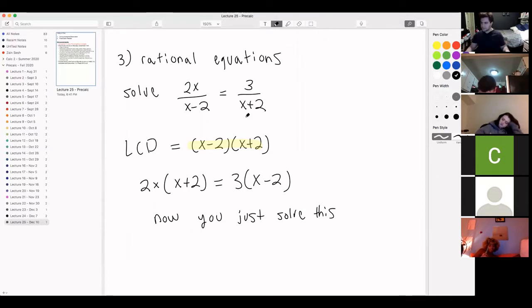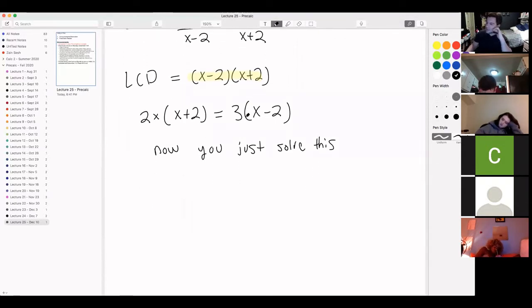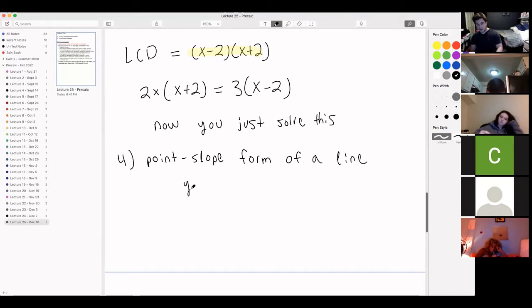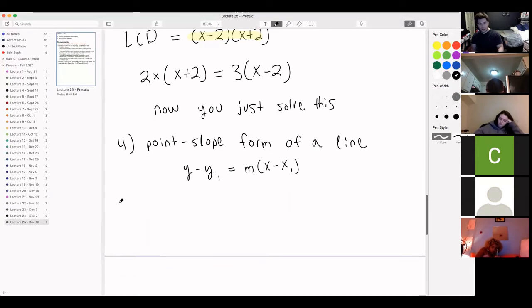Okay, now let me talk about lines, linear equations in the xy plane. So very quickly, we have this point slope form of a line. Okay, and it was given by this. It's y minus y1 is equal to m multiplied by x minus x1. Okay, and what is this used for? Use this